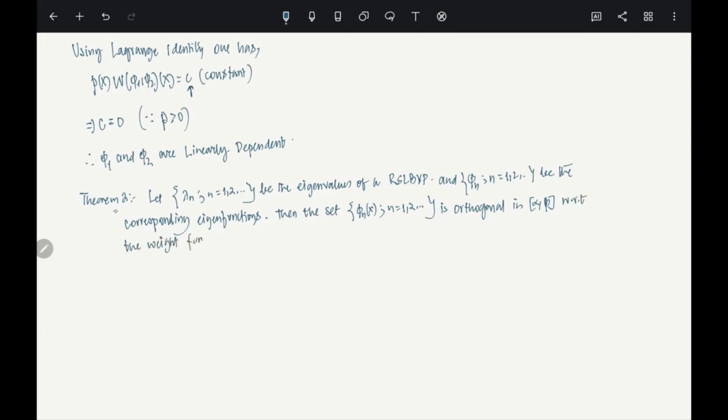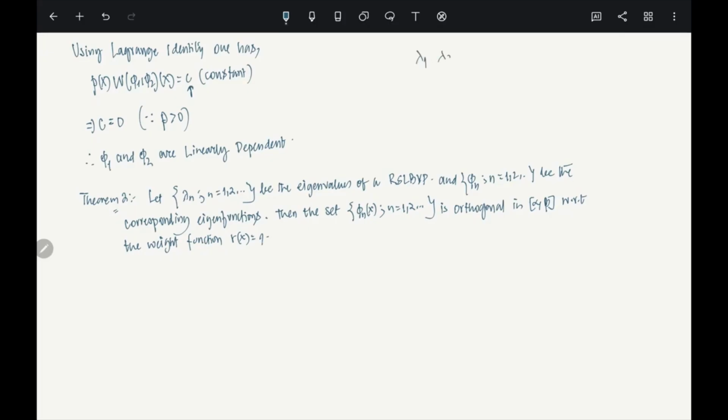Weight function. R(x) equals 1. So basically what it is saying is this: if you have, let's say, lambda 1, lambda 2, and so on,